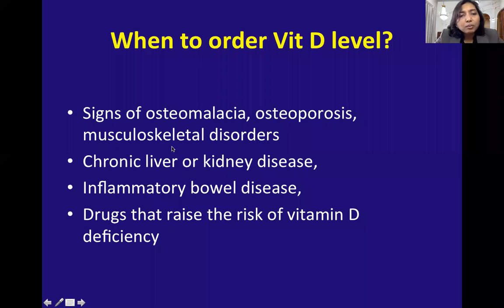And musculoskeletal disorders. Suppose a patient is having, say, rheumatoid arthritis. Rheumatoid arthritis causes arthritis, but it will also lead to secondary osteoporosis. So sometimes you can have a combination of the two conditions happening in one patient. You can have chronic liver or kidney disease. In those patients, they are very much prone to vitamin D deficiency, and you should do their vitamin D